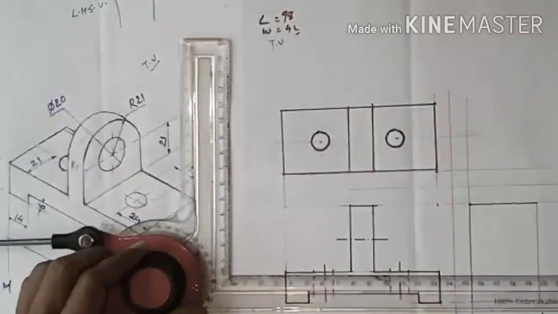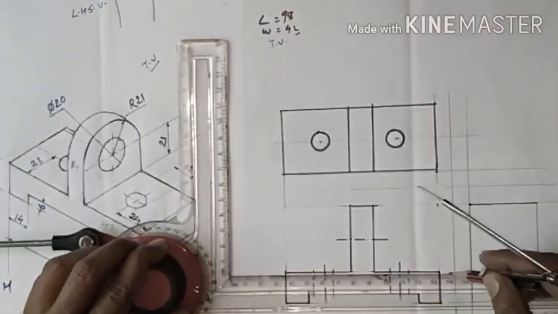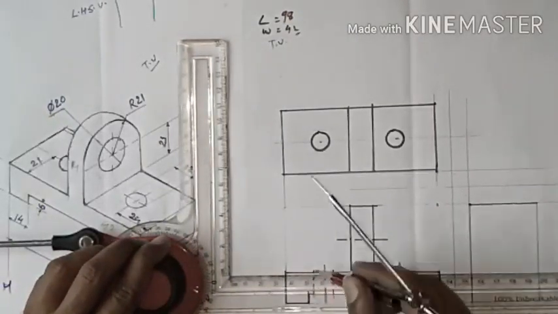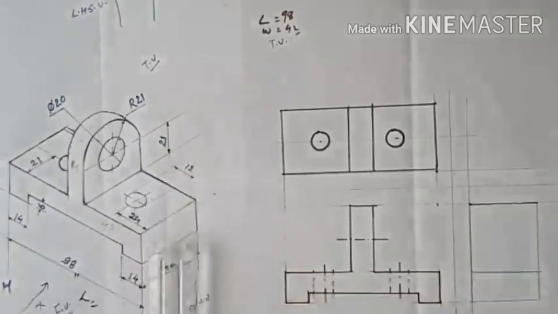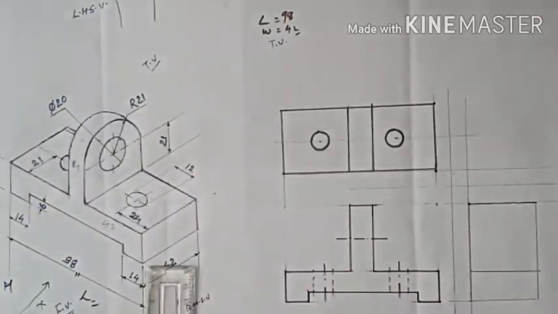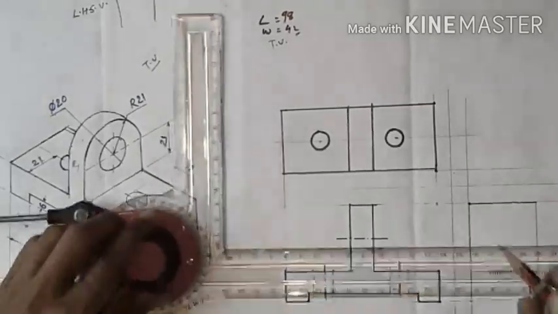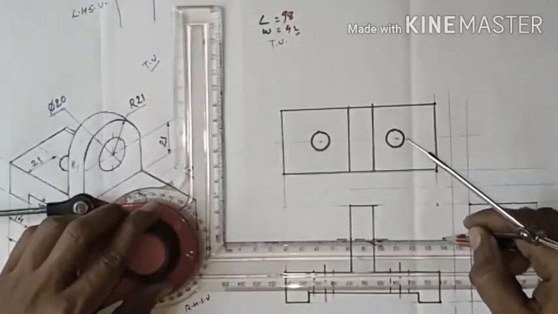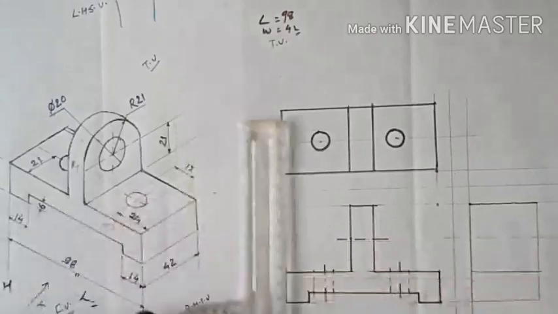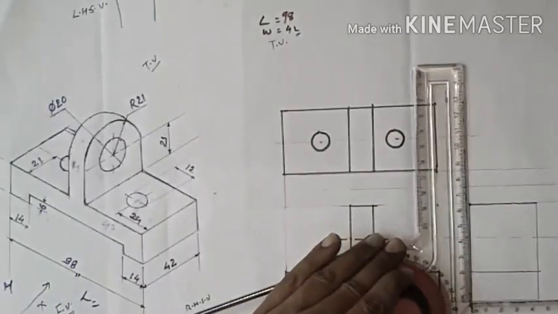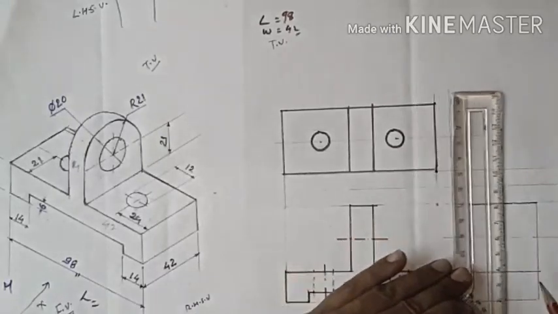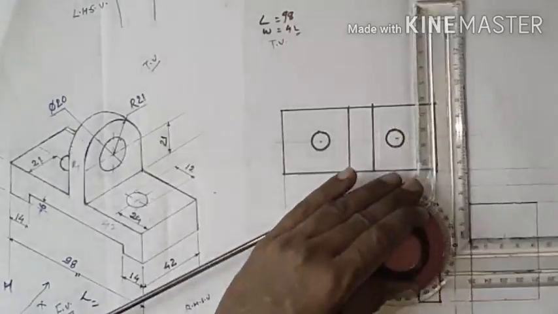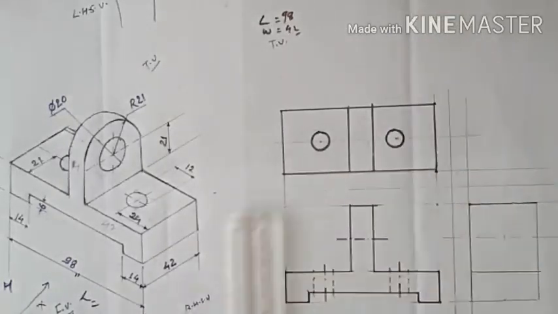So we do not need any further dimension, and just place the set square parallel to it, and draw the line till the end. Okay, so that's like this. So this view is totally done. Now we continue. So this is your center line. Again passing this line from here, this is your center line, no doubt. And again from here we need to put a center. So this is your 21 and this is your center line now.